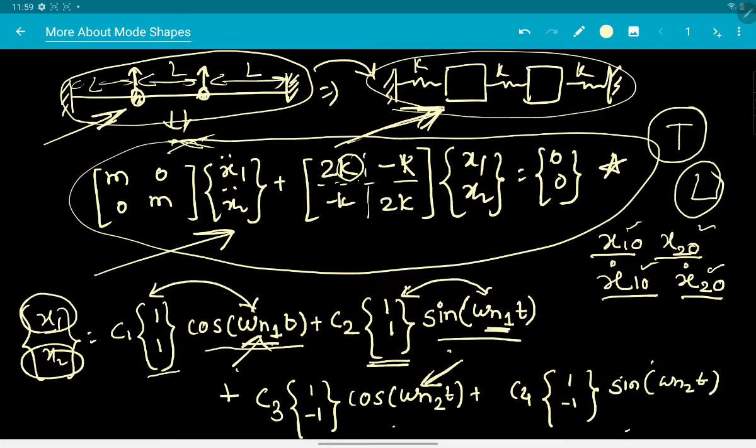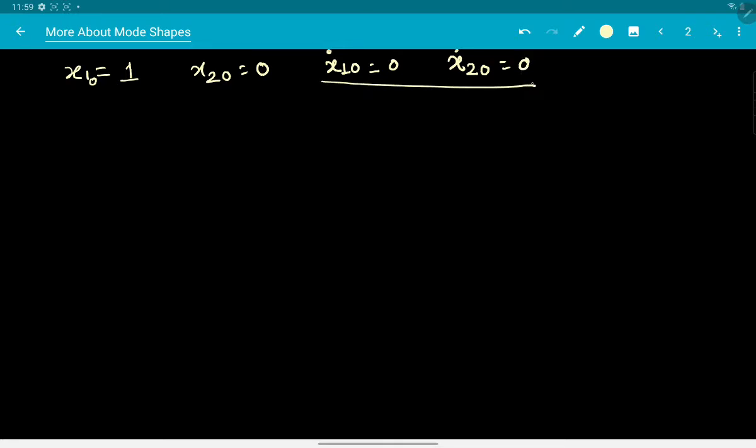Okay, and you have seen that the kind of initial condition that you considered in the last tutorial session, I guess, was like this. X1 was some non-zero value which I'll pick as 1 as of now. X2 0 was 0. X1 dot 0 was 0. X2 dot 0 was also 0. That is, all velocities in the beginning, so the velocity of mass 1 as well as the velocity of mass 2 at time t equal to 0 was 0. And also the initial displacement of mass number 2 was 0.